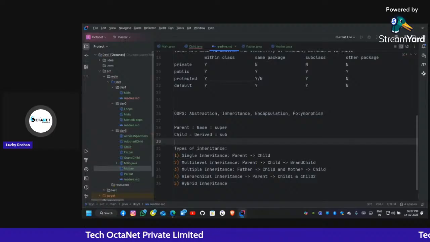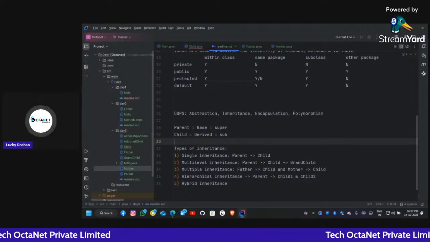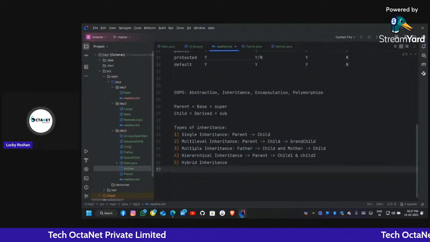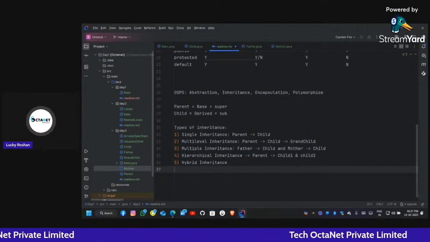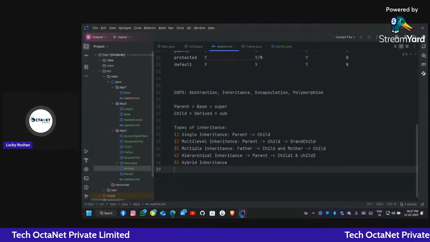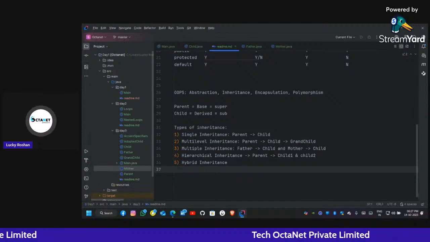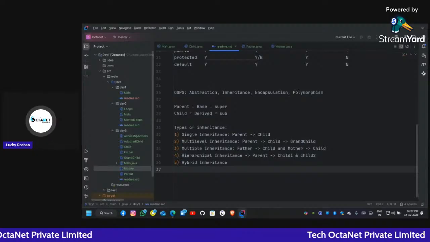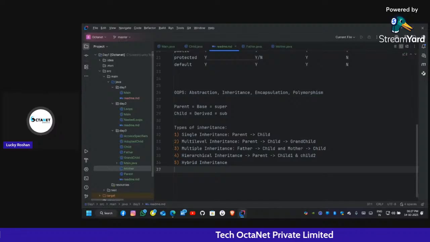So let's go to the next topic, that is encapsulation. It will be the last topic for today's session. The remaining we will learn tomorrow. Yes, Mayur, interfaces support multiple inheritance, and we will learn interfaces tomorrow after completing abstraction and polymorphism. Today we will complete up to encapsulation. Then in tomorrow's session we will complete abstraction, polymorphism, and interfaces. So yes, interfaces support multiple inheritance, and we will also see how they support it.